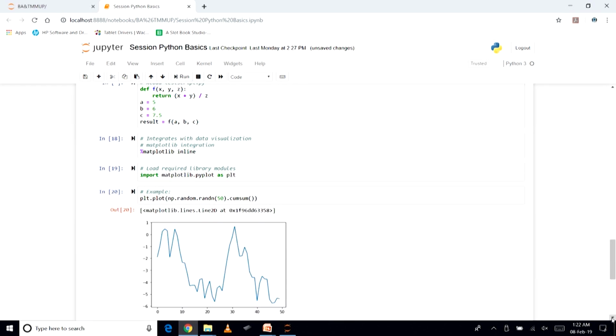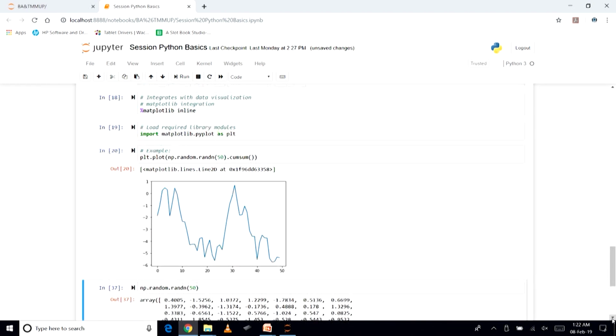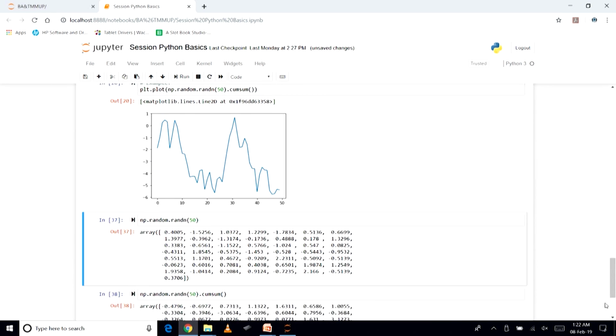You can see this plot is generated. If you want to break it down into smaller steps, that is also something I have done here. You can see I am calling np.random.random and I want 50 random values.